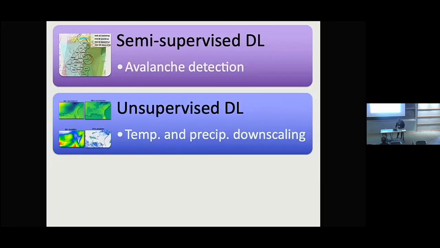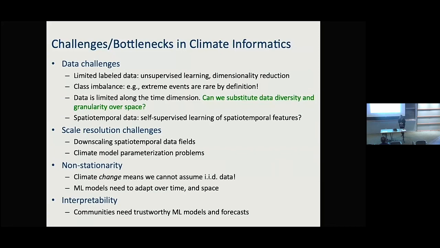So yeah, I think I'll close. Just for the purposes of spurring discussion, I want to mention some challenges. I'll just be brief here. So the whole talk was about unsupervised learning because we don't have a lot of labeled data. The first part of the talk talked about class imbalance. And more interestingly, I think